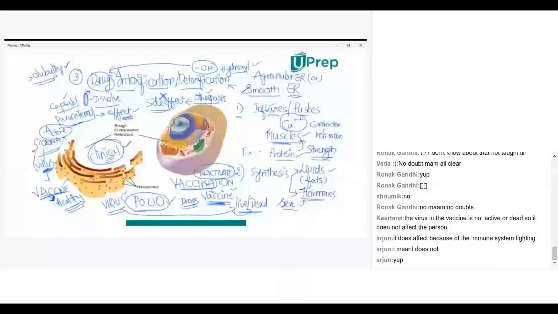So what happens is, once the drug shows its activity, the smooth endoplasmic reticulum will add a hydroxyl group to the drug, render it soluble, and make the drug detoxified. This is the important function related to the smooth endoplasmic reticulum. Third point. Am I clear with this?